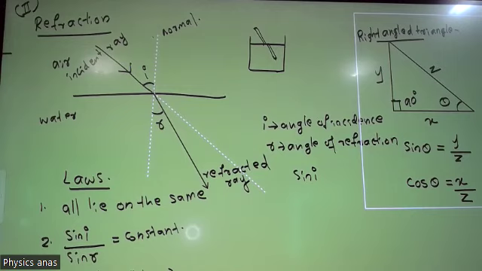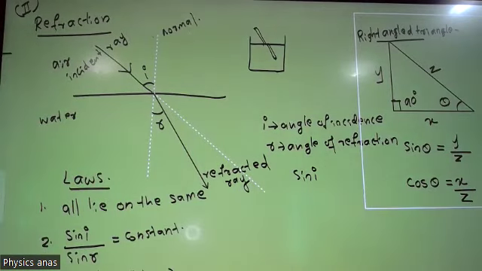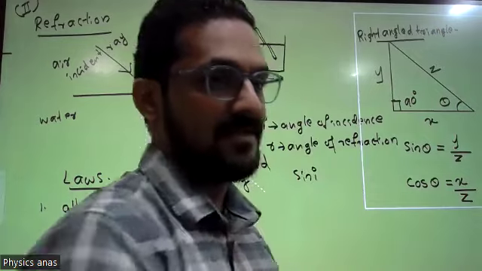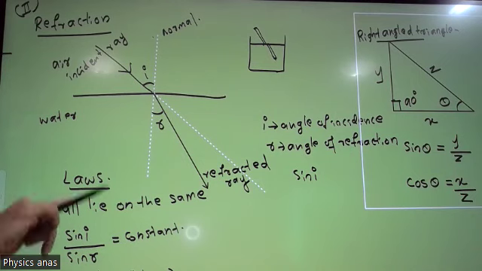How can you convert this line into words? The line into words is the ratio of, right? The ratio between some number on the above and other number on below. So a ratio of sine of angle of incidence. How can you convert sine i into words? Sine of angle of incidence. So the ratio of sine of angle of incidence to